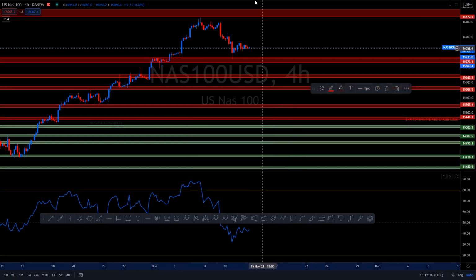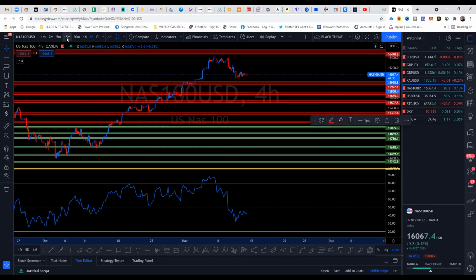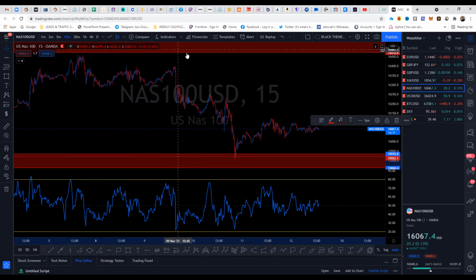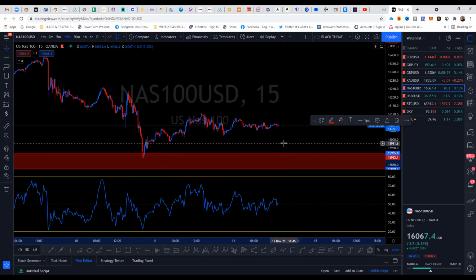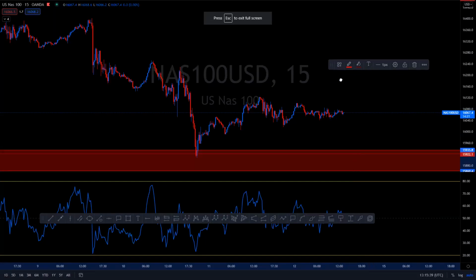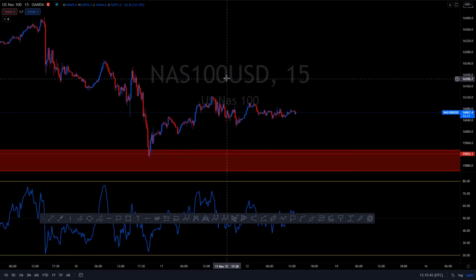All right. Now we got all our zones marked from the 4 hour to the 15 minutes. So now we're going to go to the 15-minute. And as you can see, the zones that I drew on the 15-minute fit perfectly with price. You can kind of see exactly what they're doing. So now we did the first step. So the second step is to